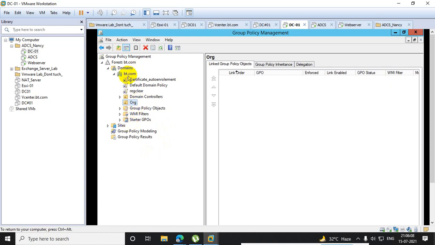If you apply it domain-wide, then the DC, ADC, web server, every server will have this policy. If you apply it on an OU basis, the computer policy will be applied on computers and the user policy on users.